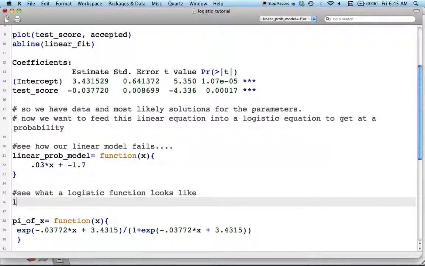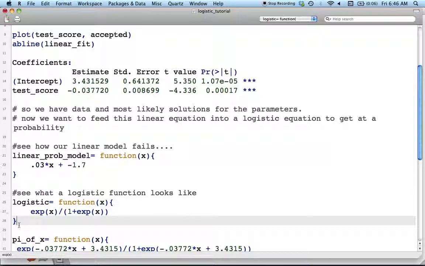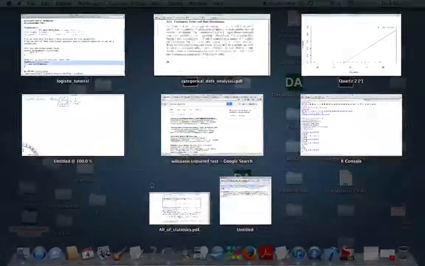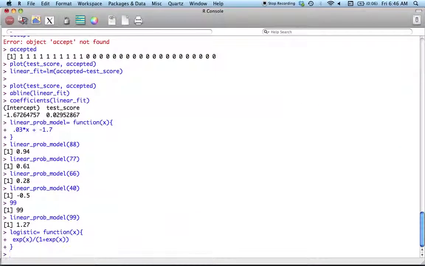Okay, so logistic is going to be equal to a function of a single variable, and all we want to do is get e to the x over 1 plus e to the x. Okay. And let's plot this. And let's do so from what? Negative 20 to